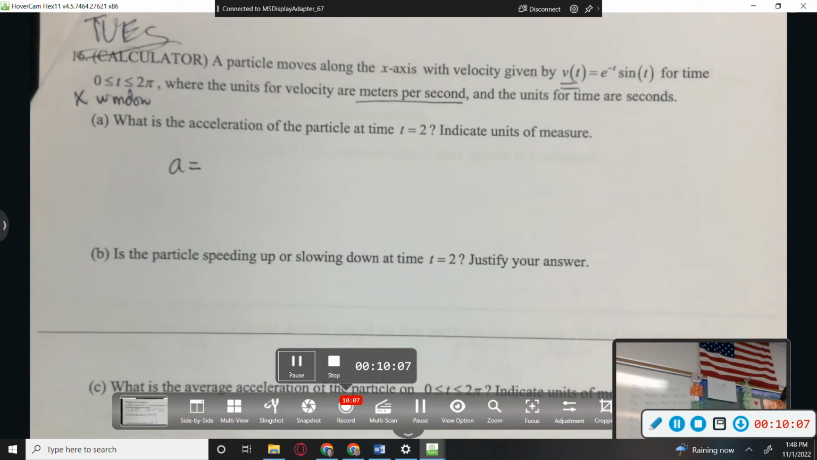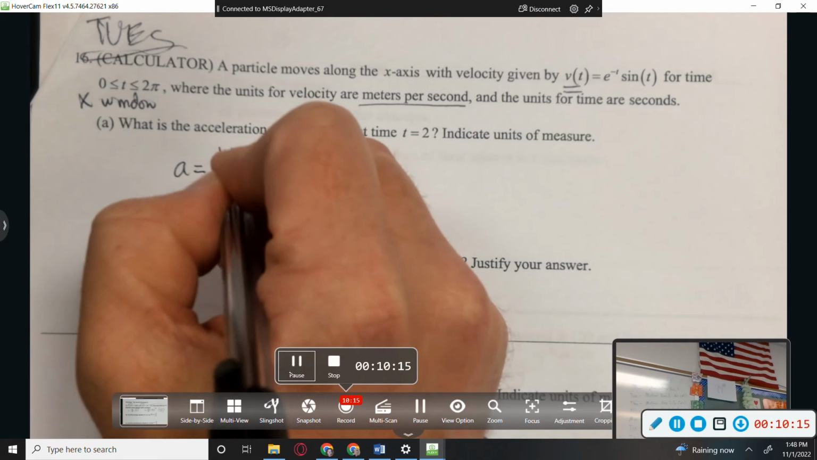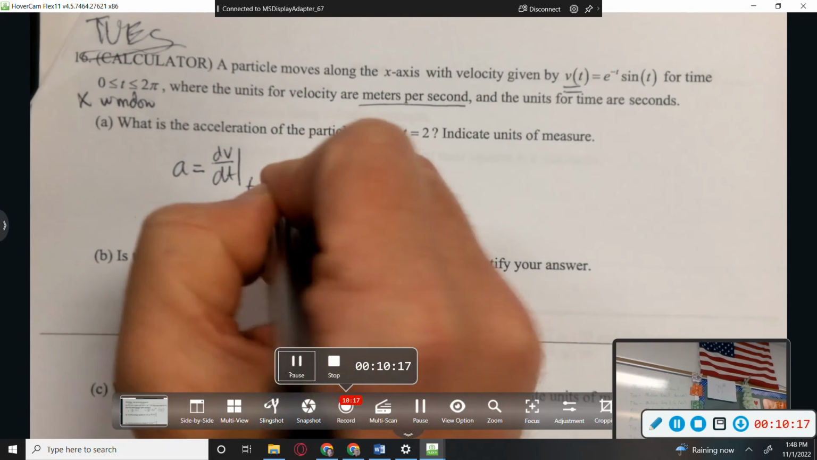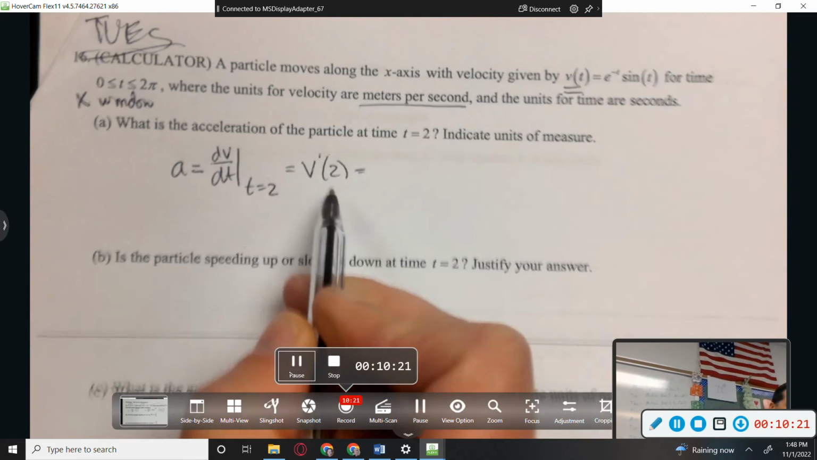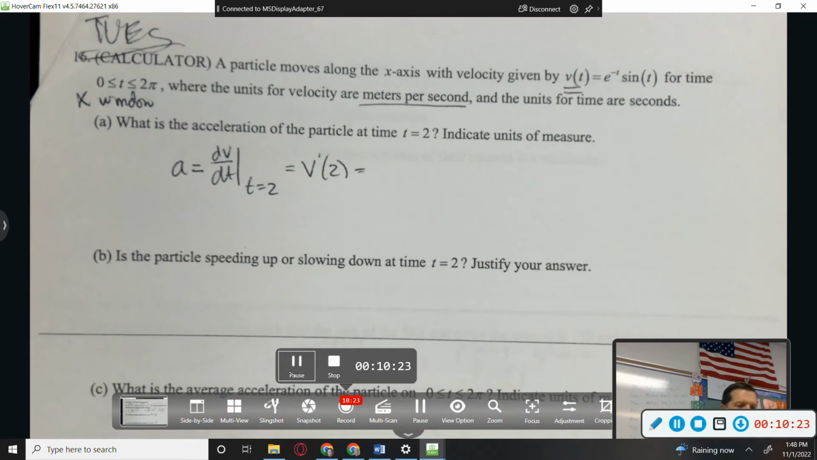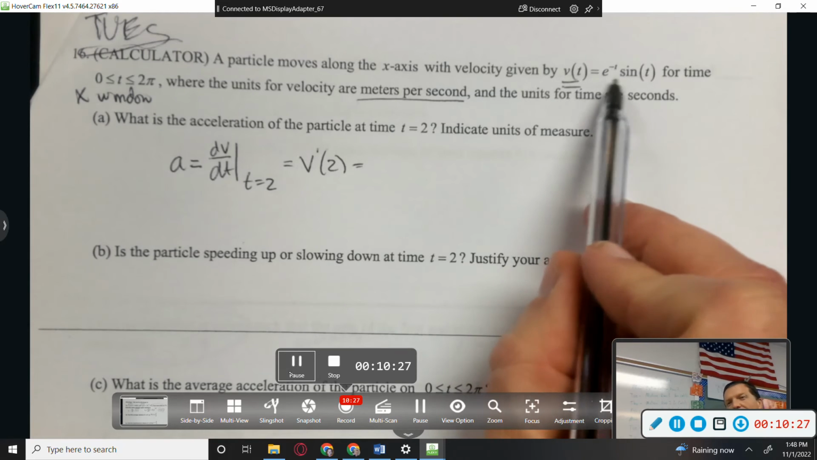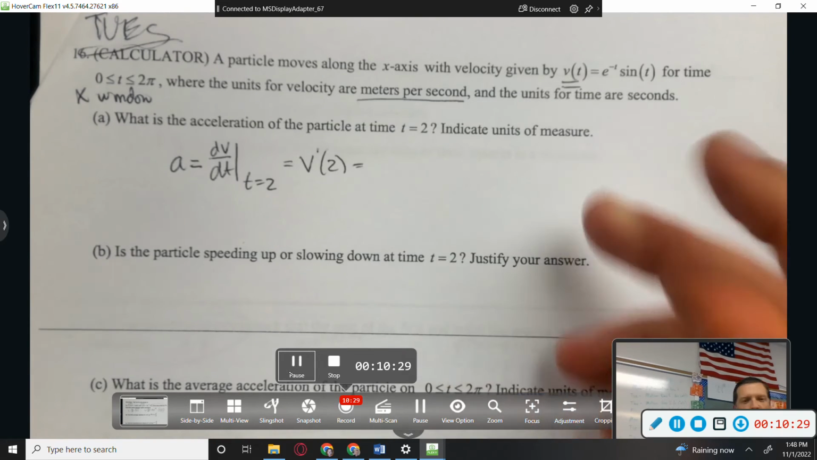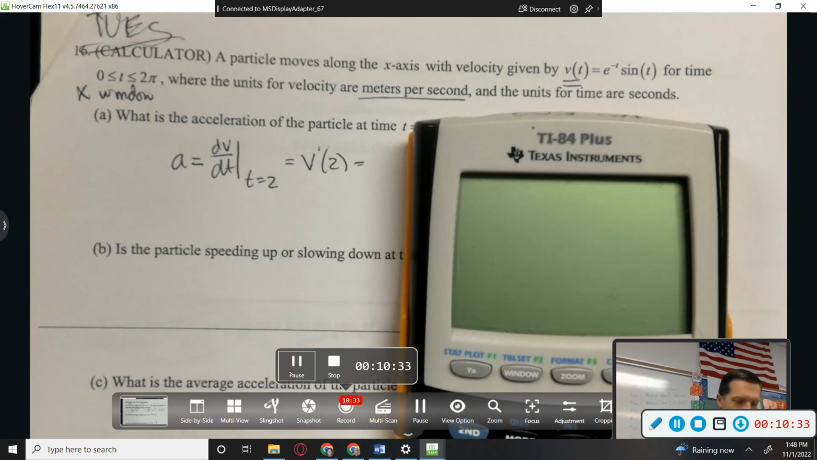So how do I find the acceleration at a given time? V prime or dv dt, either one. dv dt at t equals 2, or you said v prime at 2, that's the same thing. I have a calculator. This isn't awful, like you could do that by hand, but good luck. But why bother? Volleyball playoffs tonight, so